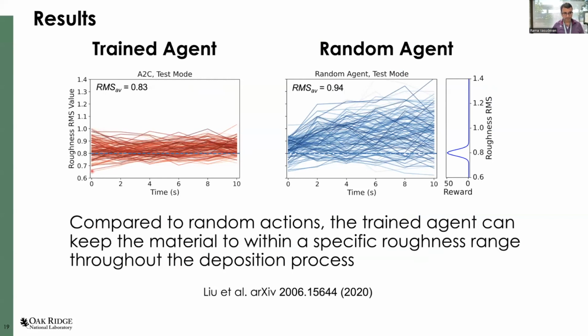although we start with many different realizations, in other words, we have different roughnesses to begin with, they all end up pretty close to this final target value. Whereas if you compare that to taking random actions, you see that there's a very large spread, right? So clearly the agent is learning how to manipulate the temperatures and deposition rates to keep our roughness to particular